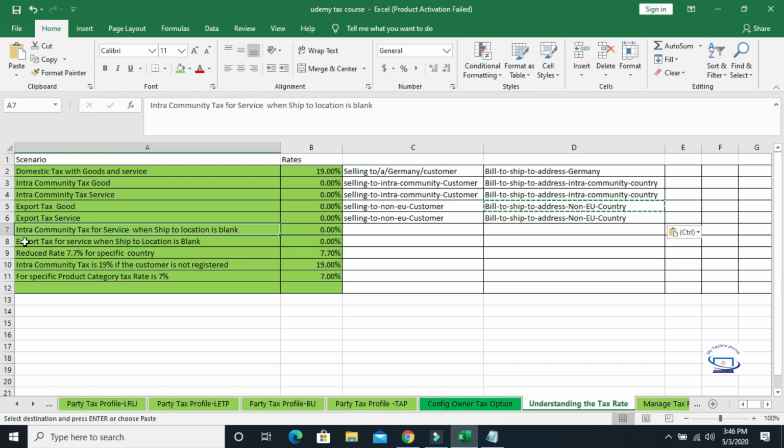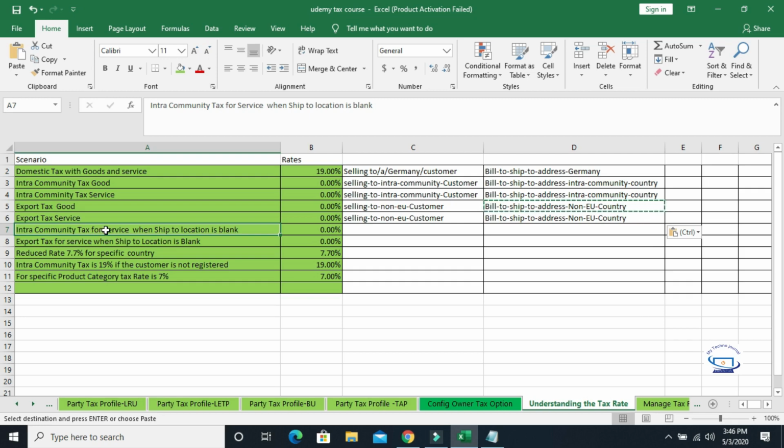Again, intra-community tax for service when the ship to location is blank. Usually, when we are selling goods, we consider the bill to and ship to location of the customers. But in the case of service, the ship to address can be missing or blank.